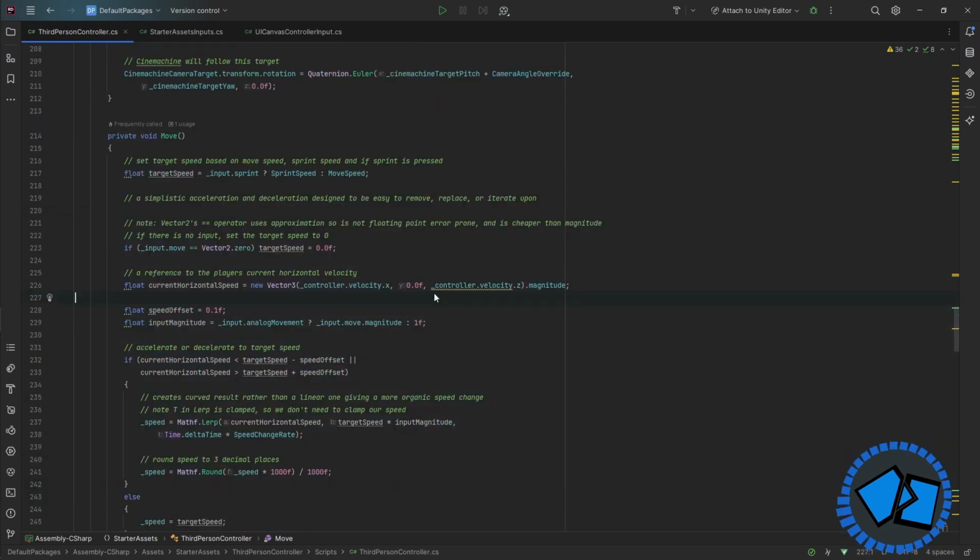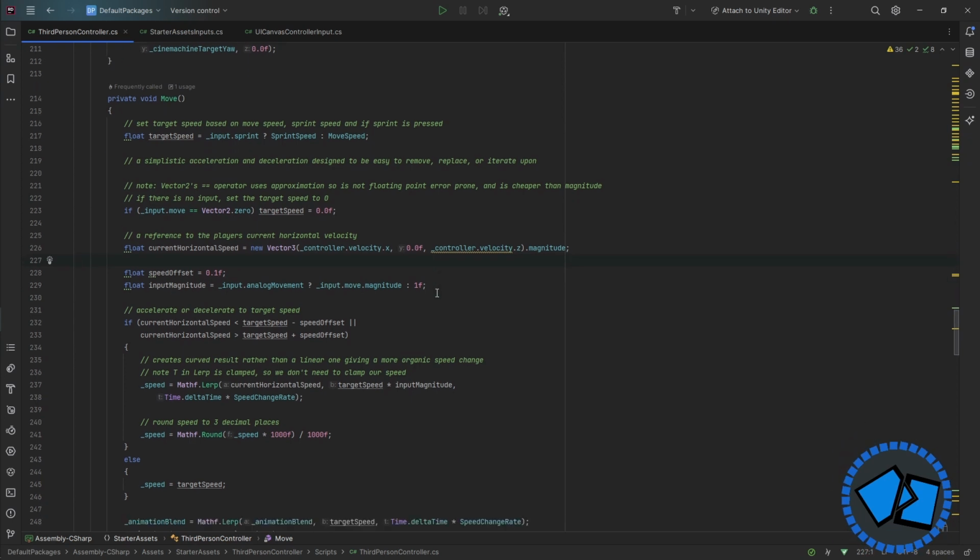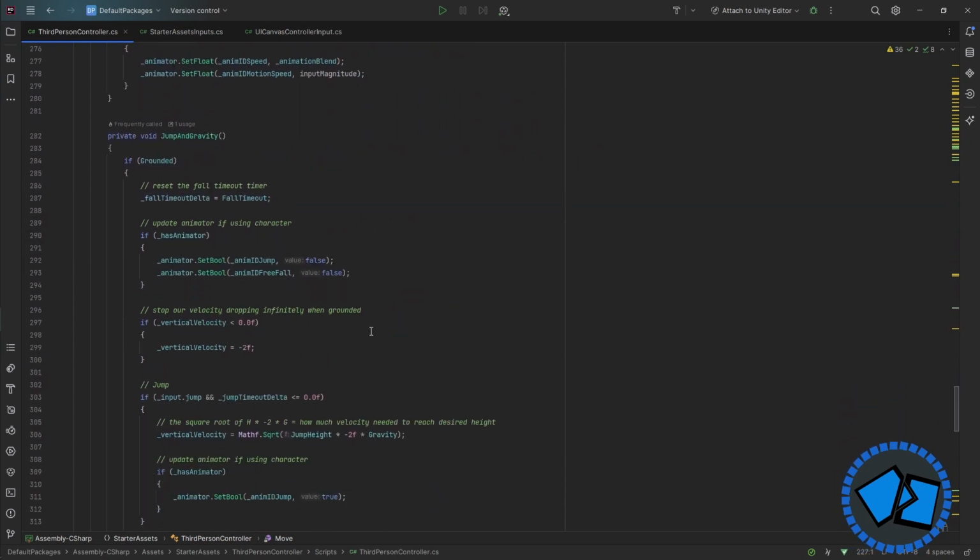In this method, the input is being read, and depending on the speed and what the input has been used in animation, it will play it and set the speed at which my avatar will then move. Then we have here on line 282 the method called jump and gravity, which is pretty self-explanatory. It will check if you are jumping, add the necessary calculation to add gravity and play the jump animation based